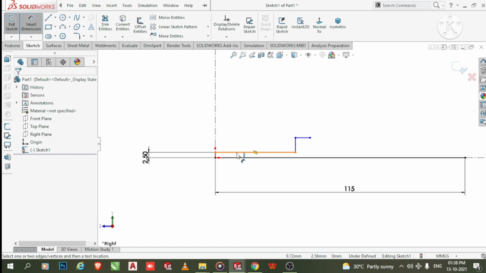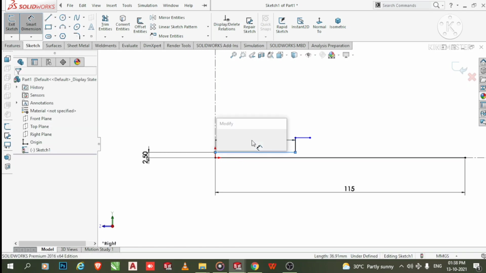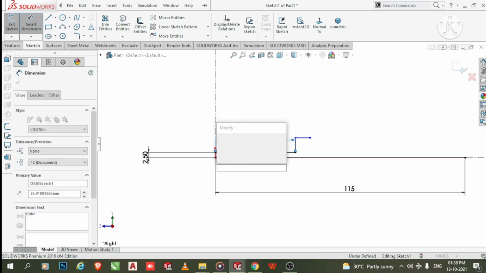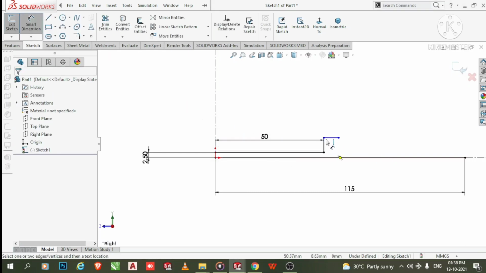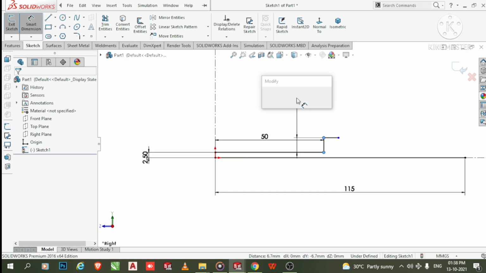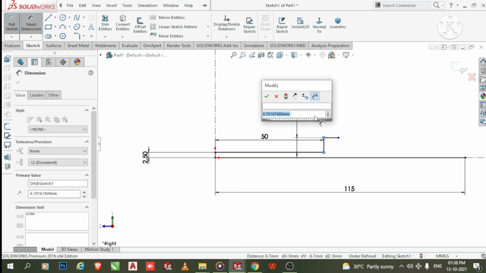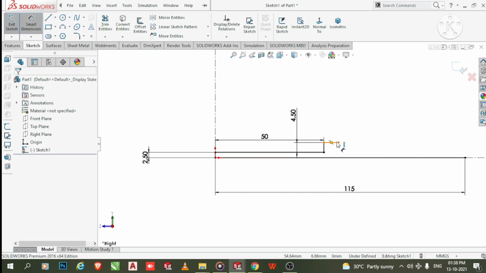And select this line and make it distance 50. Now select this point and this point and make this gap 4.5 mm. Select this line and make it 5 mm.